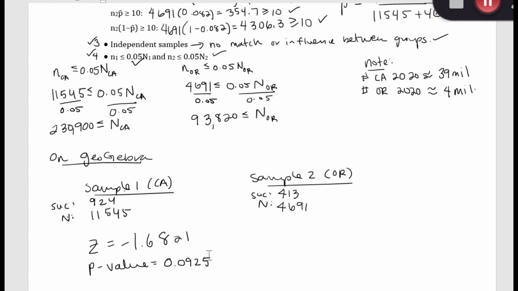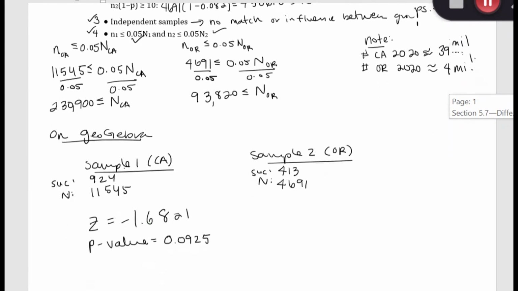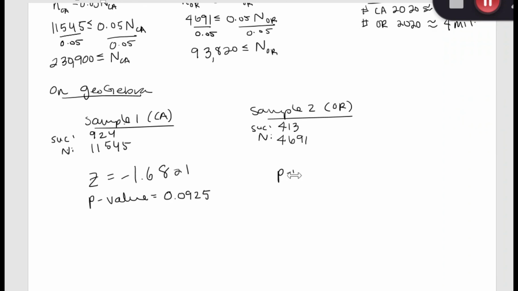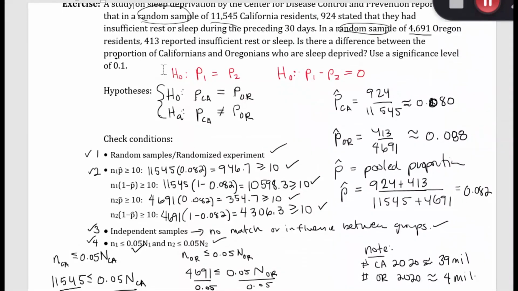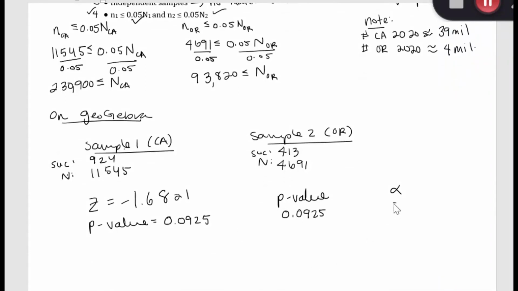Now that we have that information, we're going to make a conclusion about whether we have enough evidence or not. The first thing we want to do is compare our p-value to our alpha. Our p-value again was 0.0925. My alpha is my significance level, and my significance level up here was 0.1. You can see that my p-value is less than my alpha, and therefore we are going to reject our null hypothesis, which means that we have sufficient